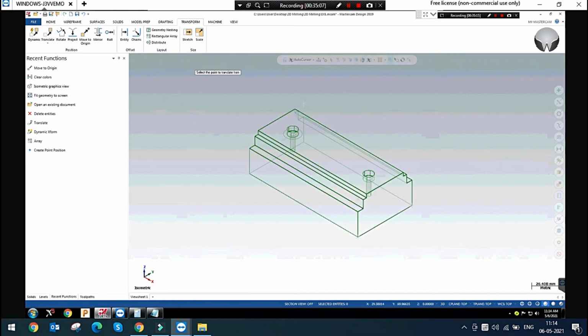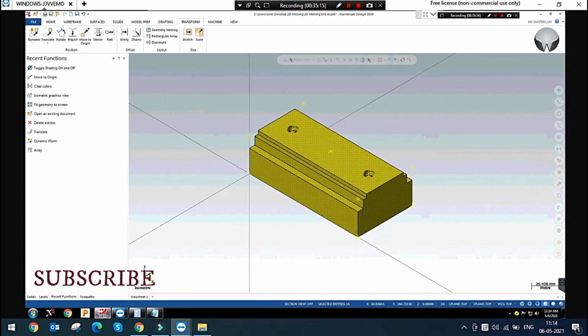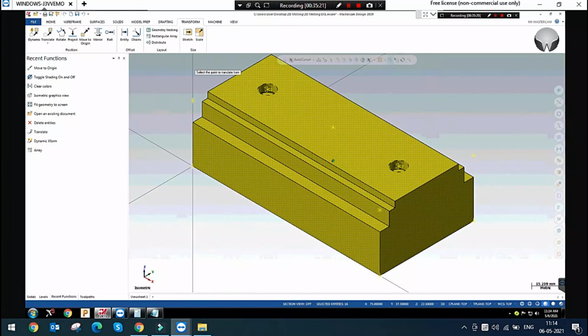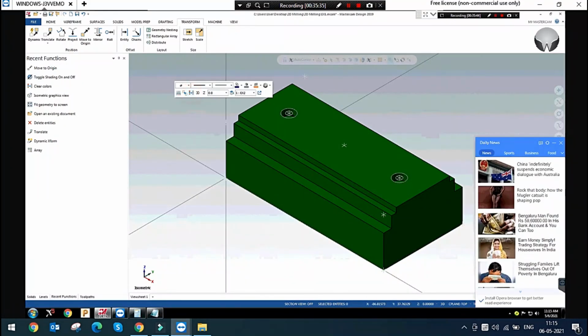If you select move to origin without selecting the model first, the center point of the model is not shown, right? If I select my model before this, now the origin will be shown, the center point of the model. It is the center for x-axis, y-axis, and z-axis also. You can simply select it, and it has been moved to that position.